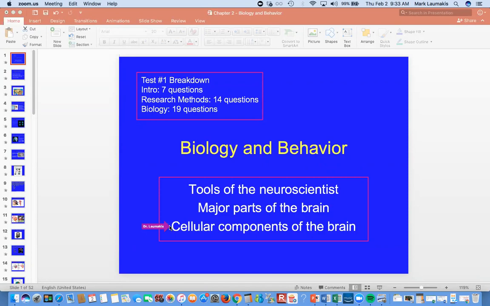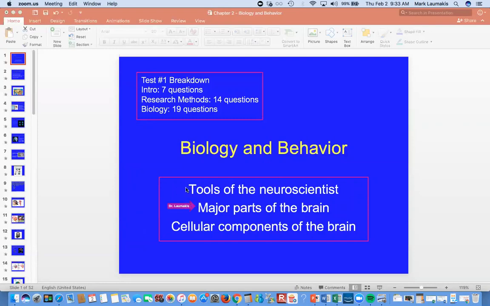I would note that this approach that I'm taking is sort of the opposite of your textbook, which starts at the cellular level and then zooms out. I think it makes a lot more sense for us to begin at a bigger level, looking at the macro major parts of the brain and then zoom in. So for what it's worth, the textbook will actually do these final 2 sections in reverse order, and begin the chapter by talking about the cellular components of the brain. I think it makes a lot more sense to start big, as you would looking at a map of a new city you're going to move to, and then zoom in to look at what's going on at the micro level in terms of specific neighborhoods.